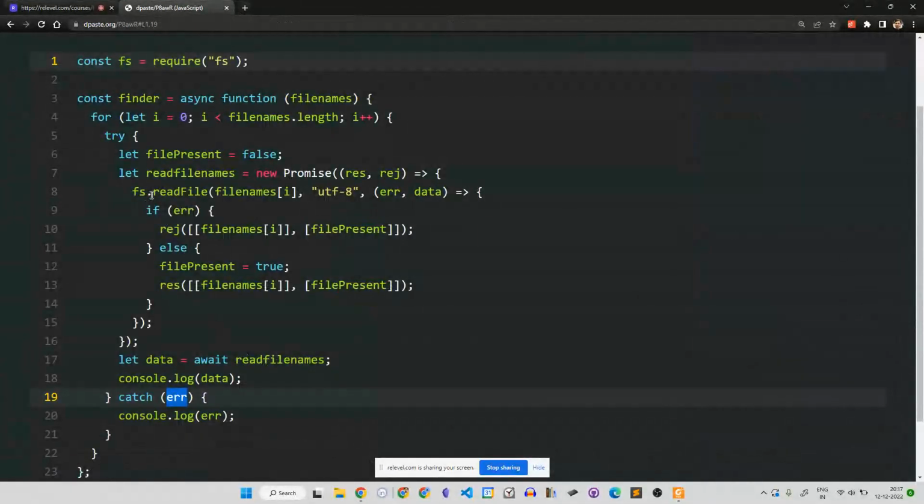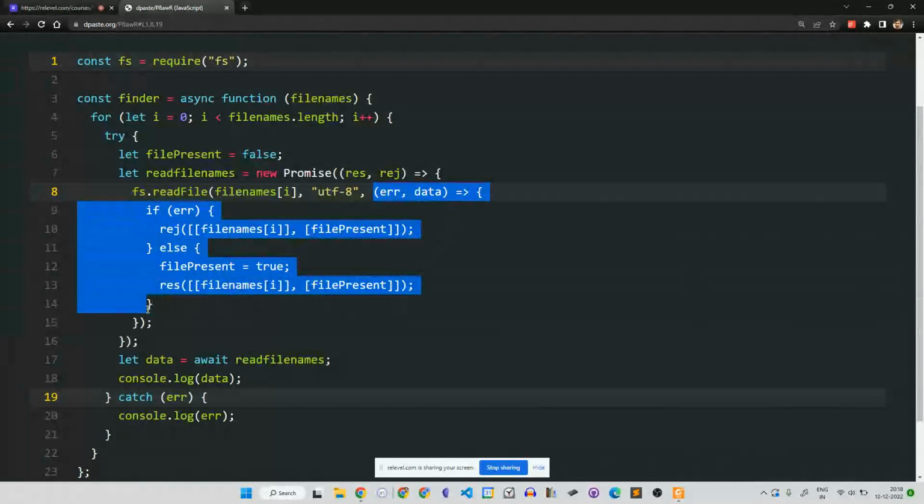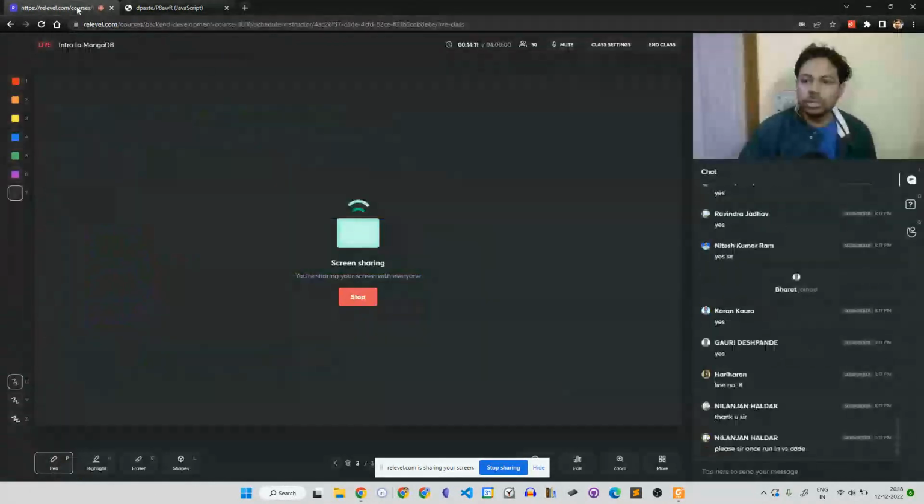Okay. Line number 8 is basically a call to fs.readFile. This fs is the file system, I guess. It is a library in JavaScript which lets you read files, and this line is reading this file, and this is the promise. This is the callback function that gets called once you read the file. If there is an error, something happens. If there is data, something happens. So this is the readFile function. Okay, does that make sense?